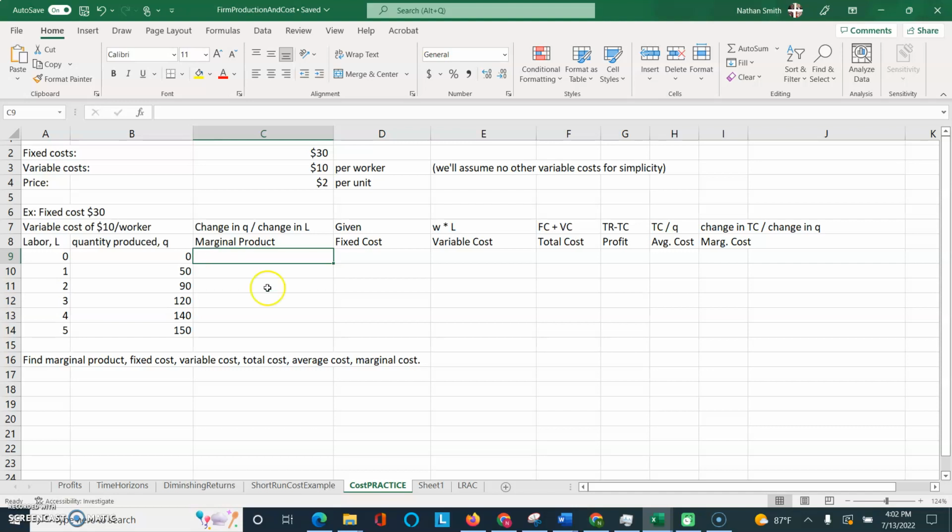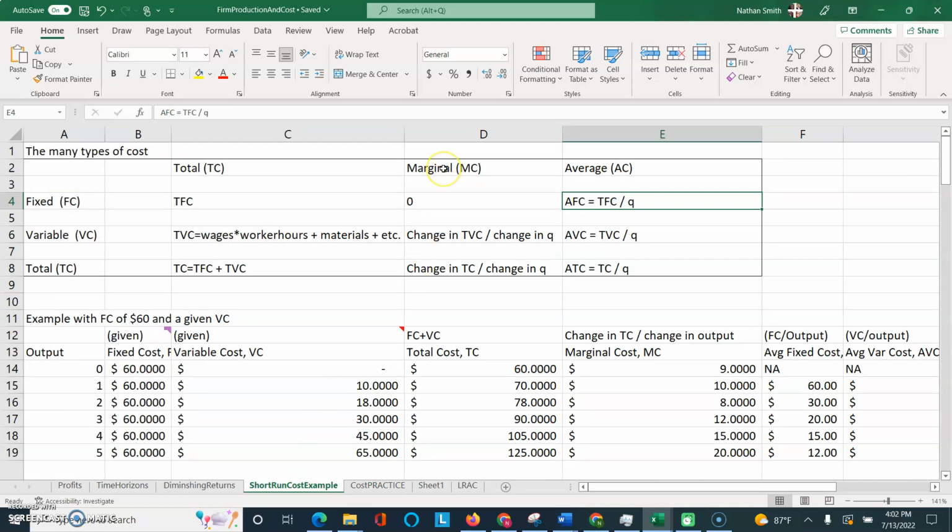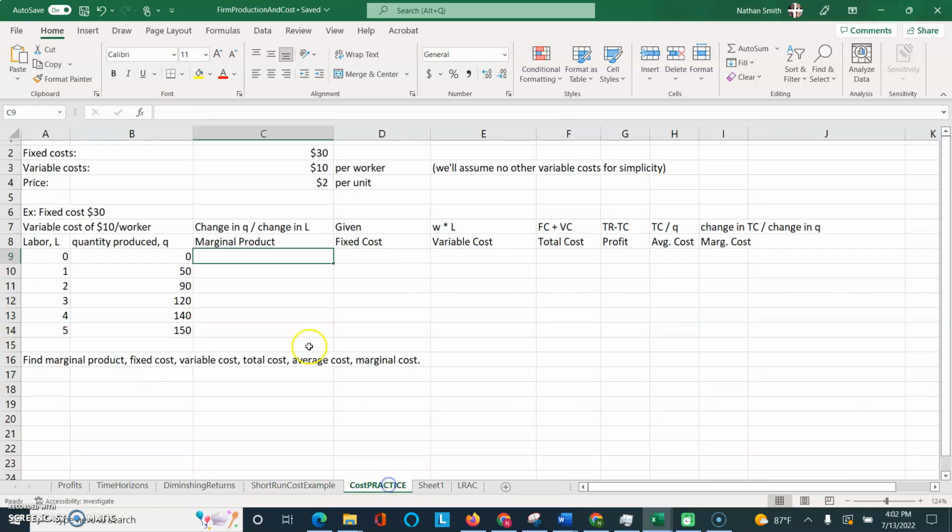Okay, so if you guys remember from the definition, again, go back and take a look at short run cost example. Conceptually, marginal means incremental or change, and we simply look at the change in something divided by the change in something else. Now it's a little bit different when you're talking about what we call the marginal product, and I'm going to be precise here and call it of labor. It's going to be the change in quantity produced divided by the change in the number of workers. Now I can't go from -1 workers to 0 as my change, so I have to start with an NA,